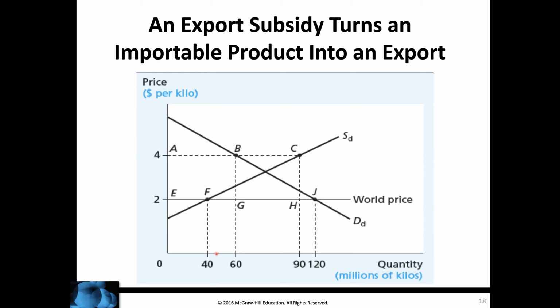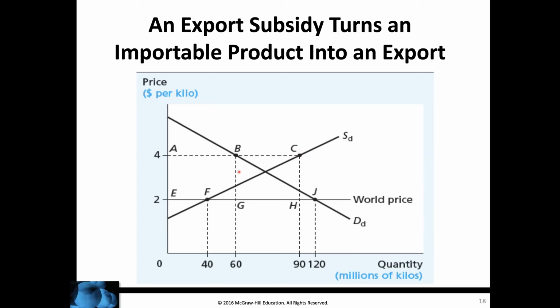So if instead the country's government offers an export subsidy of $2 per kilo, so that's twice as much as the world price, $2 per kilo brings the new price for producers up $2. It doubles it to 4. So rather than being an importer at this point, where they were importing 80 million, now they turn into an exporter where there's more supply in the domestic country than there is demand. So now they're going to be supplying